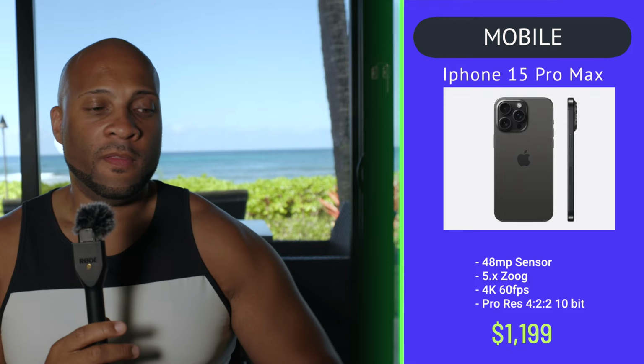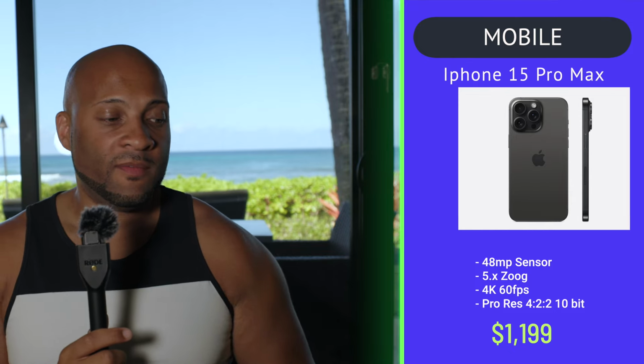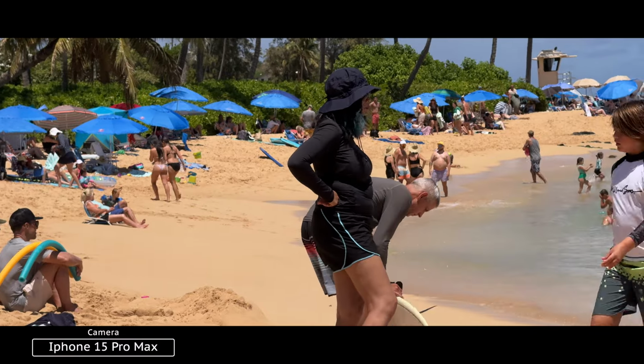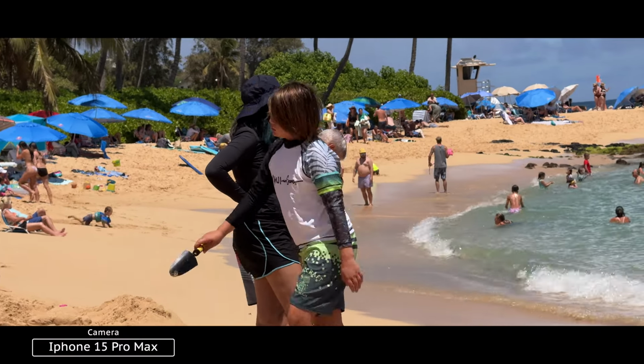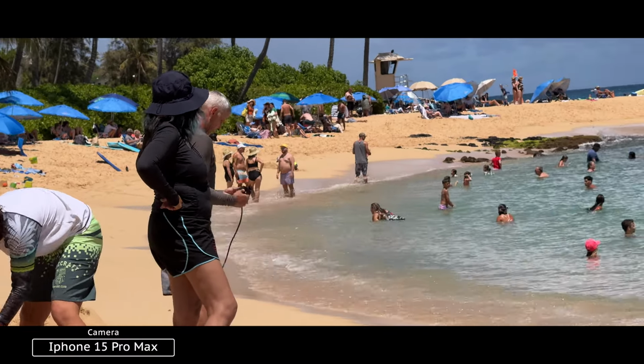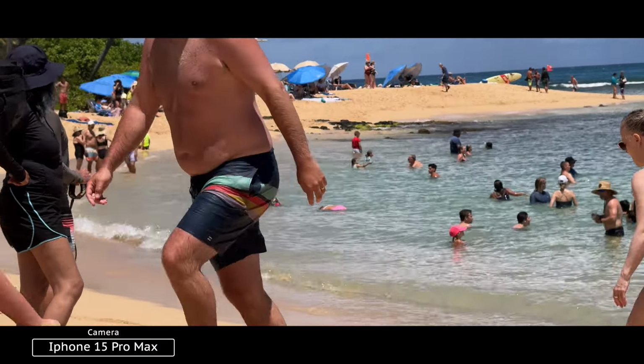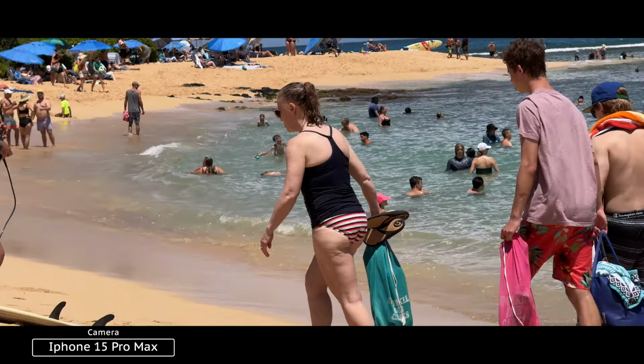For some of the things I'm going to say, all these cameras have different purposes, different uses. Some of it is excessive. At the end of the day, if I only had to pick 2 cameras, it'd be my phone and my R6, just because I'm going to be able to capture content that's a little bit more on the professional side. So as much as I love the action cam, as much as I love the Insta360 Go 3, my iPhone,